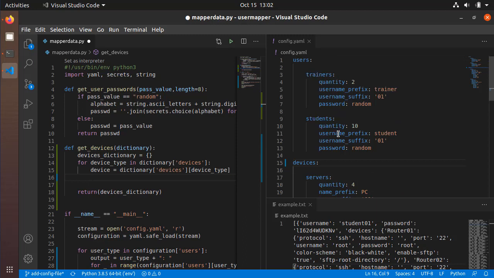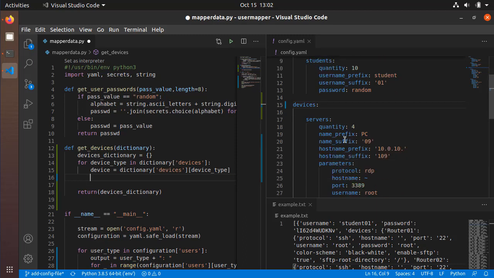The next thing I want is the device prefix and suffix. Actually, I don't need the prefix right now. I need the device suffix so that I can do some processing on that. So I need to turn it into an integer because it's a string. It needed to be a string in the configuration file because it might start with a leading 0, for example, in order to pad out the number of digits and give you a clue for how long it is. And I need to calculate how long it is to tell me how many digits to use in my suffix. So the device suffix,